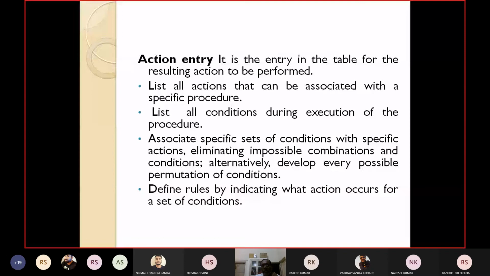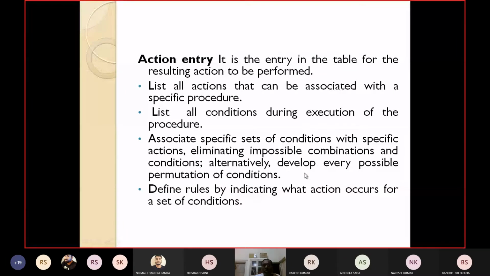Like one condition is it should be an even number, another value is 3. 3 cannot be an even number. So whenever any impossible combinations of conditions are there, please remove them.